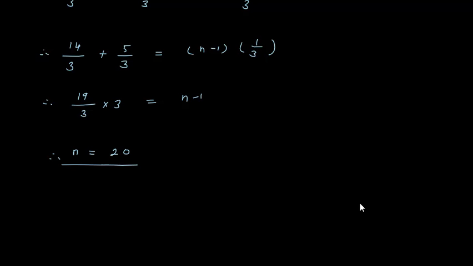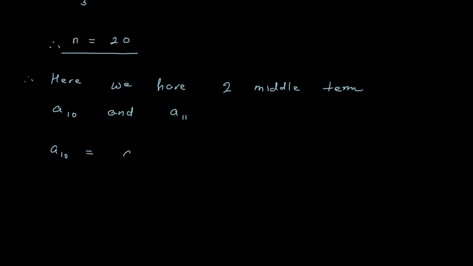Okay. So as the number of terms is 20, how many middle terms do you have? We have two middle terms. So therefore here we have two middle terms. One is A10 and A11. Now the value of A10, the formula is A plus 9D,